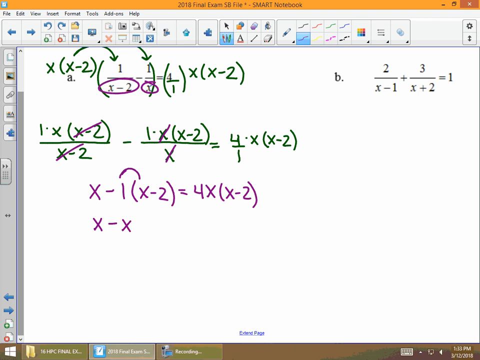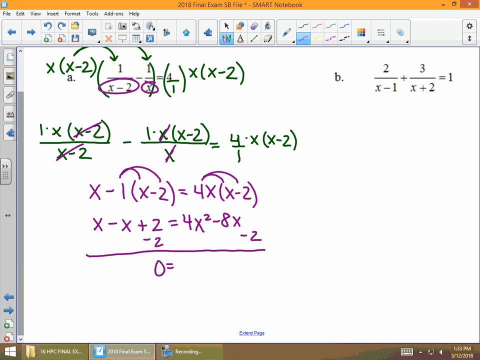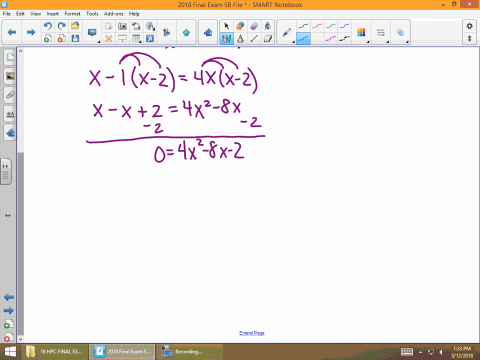Negative x, positive 2, and from here we're just making sure we're really precise. 4x squared minus 8x. x minus x is 0 there. And then I just have that positive 2, which I'm going to take over to the other side. Set equal to 0 and factor. Factor or